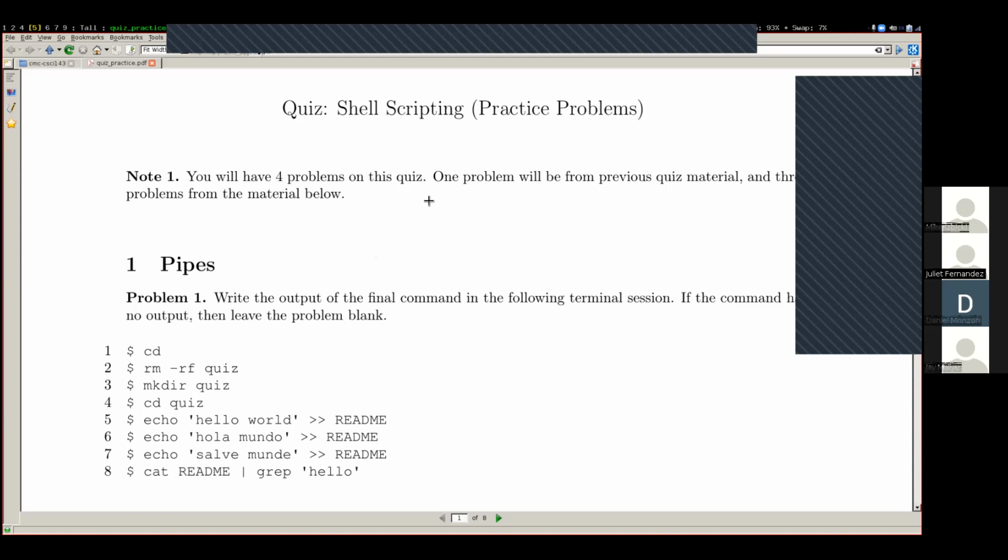The most important problem on the previous quiz is the problem related to Git and the branches and commits and how all those Git commands work together. So there's a 95% chance that the problem from the previous quiz will be the Git problem. And if you don't feel 100% comfortable with Git at this point and with the branches and commits and how all those things work together, I would definitely recommend redoing the